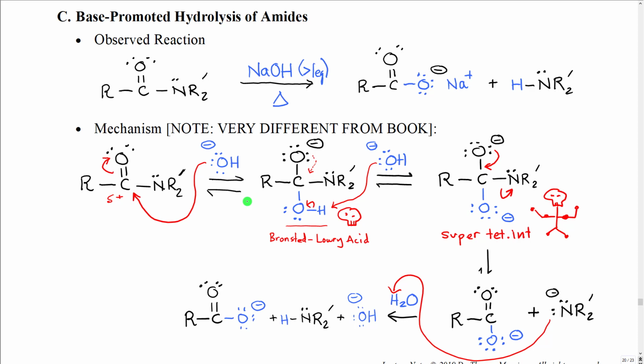Amides can also be hydrolyzed by base. In order to do this, we're going to use at least one equivalent of base, for example, sodium hydroxide, in water, and we're going to heat it. We're going to need heat because it turns out this is a relatively difficult reaction to achieve, and it's very